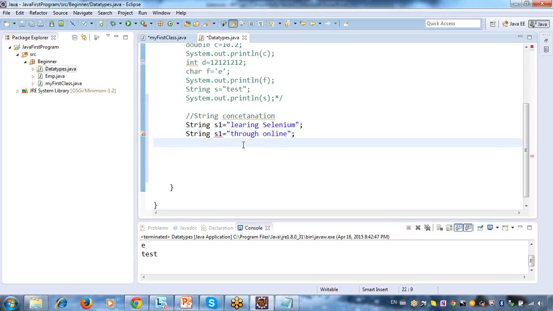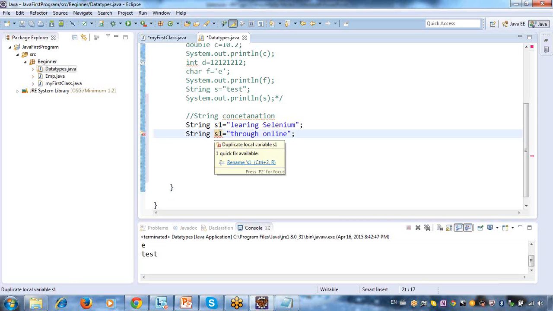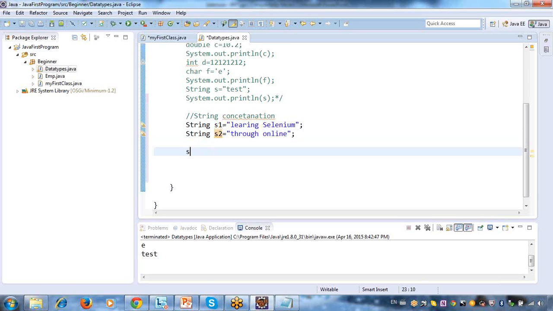Now what you can do, let me give a different variable. String s3 is equal to s1 plus s2. So here I want to do the concatenation. This is very common. Just imagine that you are writing your scripts, and you have two values and you wanted to concatenate those two values.